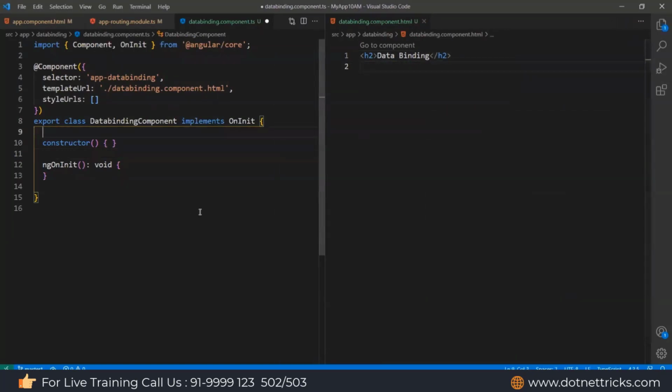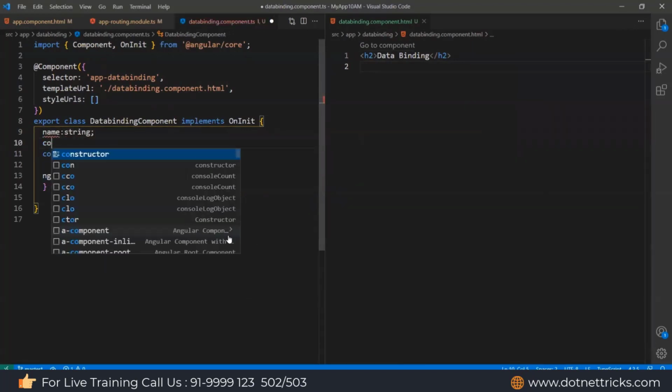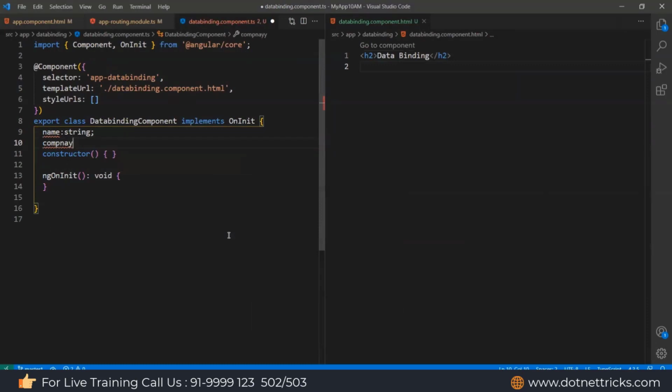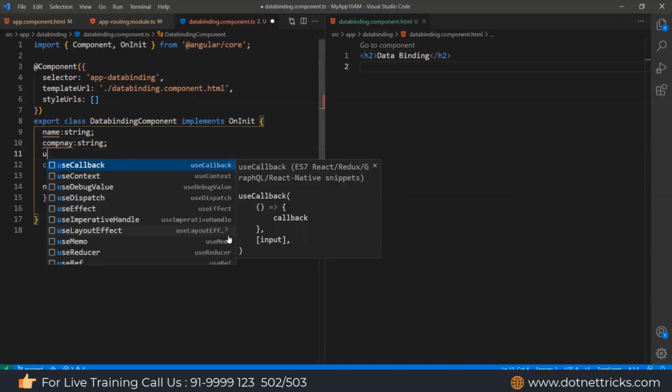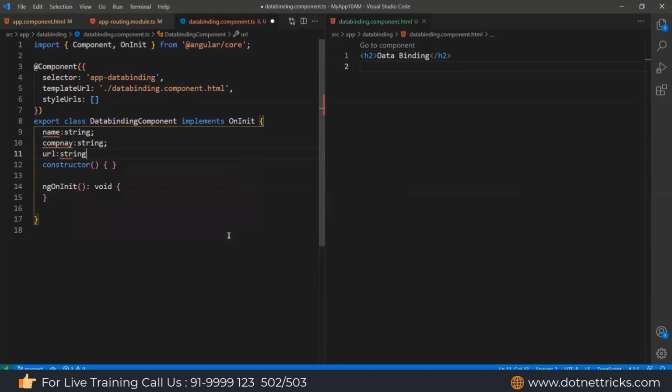Now in my data binding class I can define the name field. Name I'm using as a string, and let's say I'm adding a company, also as a string. And I can define a URL for the company as a string. And here let me initialize the values. For name, I'm adding the name Mohan.